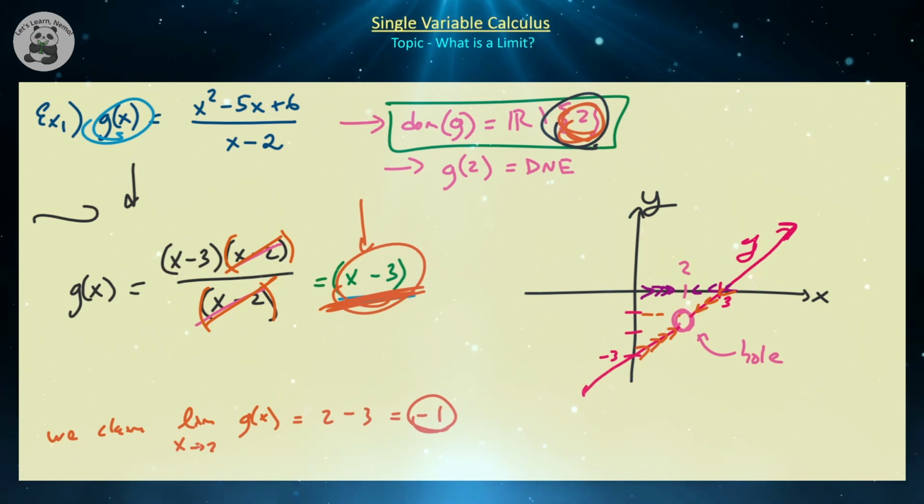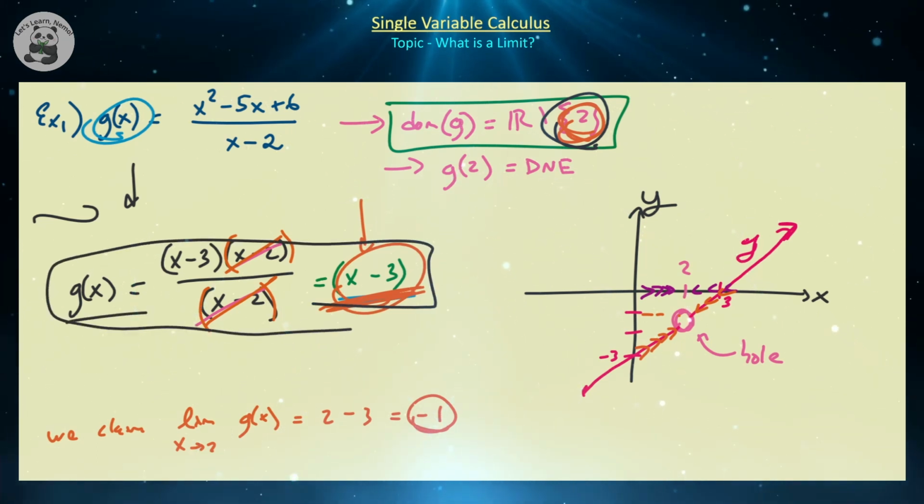So yes, g of x is not equal to x minus 3 in the typical sense, because x minus 3 is defined on all real numbers, because you cannot technically plug 2 into this function because g of 2